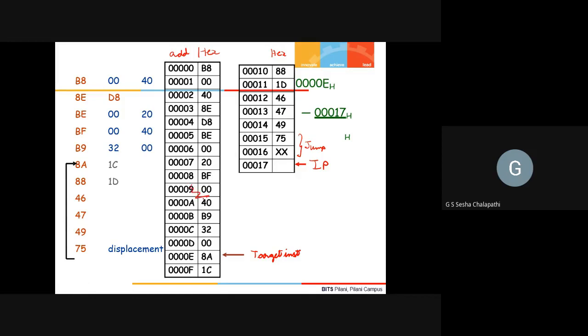This is the target, and this is the present position of IP. 000E minus 0017, if you subtract that, it will be F7H. So the displacement value will be F7H. The XX value that you have here is equal to F7H.